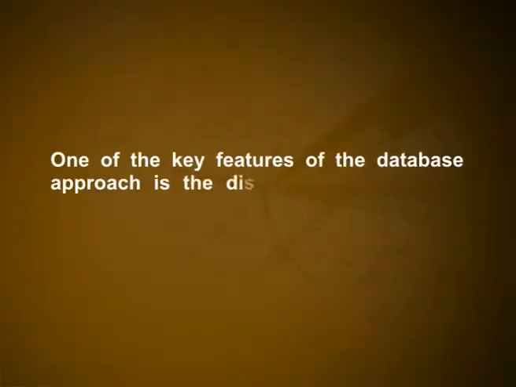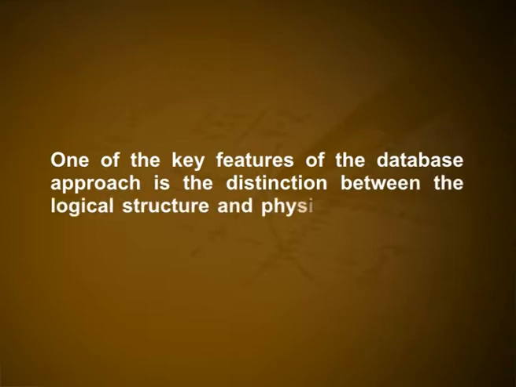All the data items about which information is stored in the database are called entities. The characteristics of entities are called attributes. These attributes can have simple values like number or text or a picture or some sequence of sound. The association among entities in the database is called relationships. One of the key features of the database approach is the distinction between the logical structure and physical structure of data. Logical structure refers to the way in which the programmer sees it, and the physical structure refers to the way data are actually residing in the storage medium.